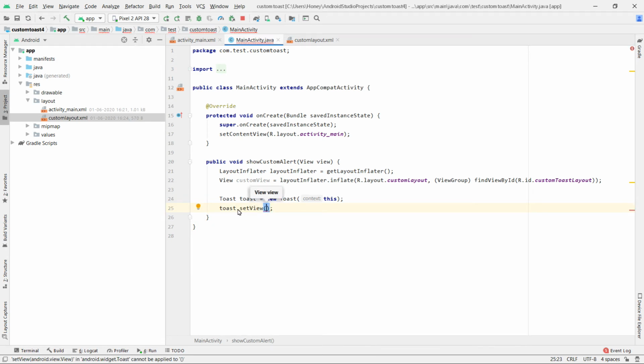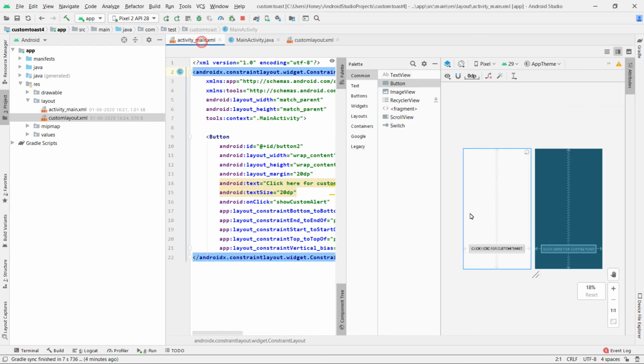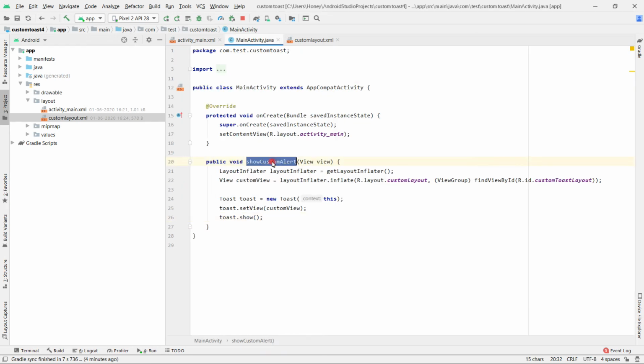We will assign the custom toast view. That's it. So toast.show. Whenever we click on this button, click here for custom toast, it will call this method, showCustomAlert, and with the help of layout inflater this will read this custom XML file and convert it into a view, and this view will be assigned to a toast and the toast will be shown.